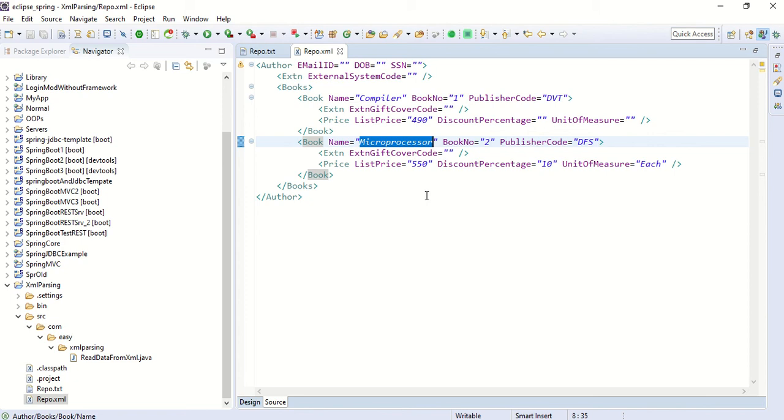The second advantage of XML is that if you have the data in XML format, you can easily produce PDF or HTML just by applying a style sheet. So if you have the data in XML format, based on your need, you can give a different view.